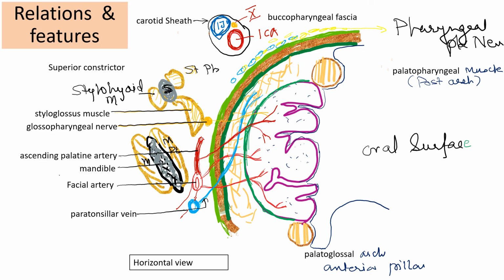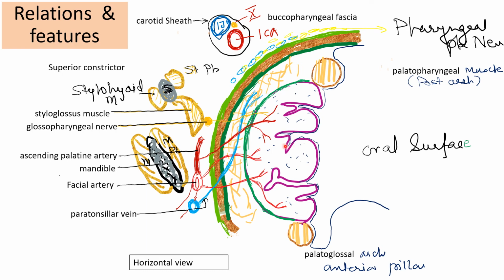So now, because I have told so many lateral relations, they must be having some clinical significance. In case of recurrent tonsillitis, there can be need of removing the tonsil. The removal of the tonsil is called tonsillectomy. So when the tonsil is removed, it should be removed from the tonsillar fossa. Okay, what is tonsillar fossa? Tonsillar fossa is the space which is between the posterior arch and the anterior arch. So whatever this space is, it is called tonsillar sinus or tonsillar fossa.